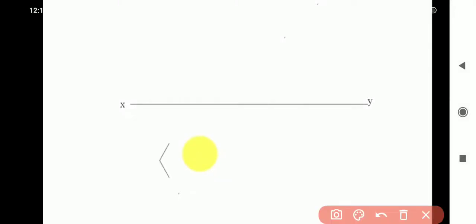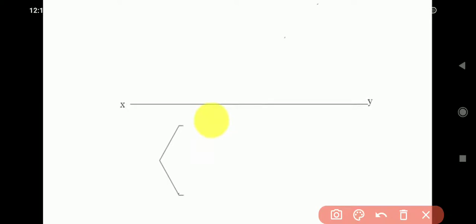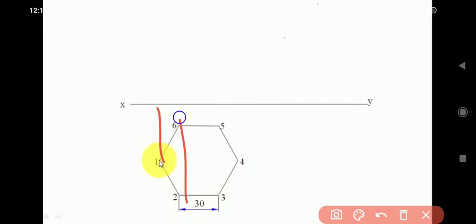So here draw one axis line, that is the xy axis line. Below that draw the top view, that is the hexagonal shape. So you can draw the hexagonal shape here, with one of the edges parallel. So this is the hexagonal shape with proper dimensions, and give the numbering 1 2 3 4 5, and from all those points just extend up to a height of the reference point, so as to get the base of the front view.